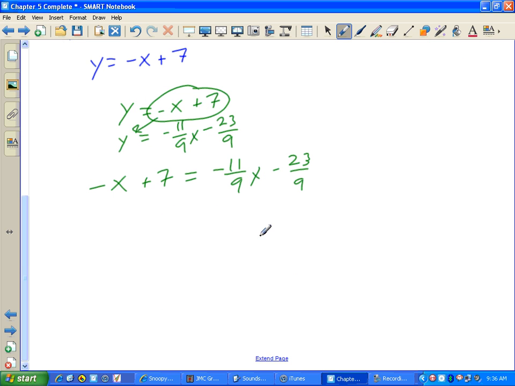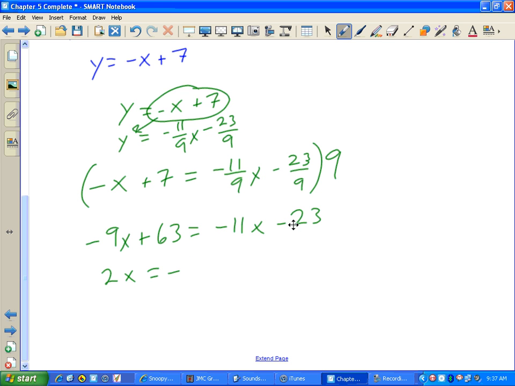Okay, now right here, I know you guys don't like fractions, so to get rid of these fractions we're just going to multiply both sides of this by 9, because that'll get rid of my denominator. So I'm going to have negative 9x plus 63 equals negative 11x minus 23. And now I don't have fractions, it's easier to solve the equation. So I'm going to add the 11 over, which will give me 2x. I'm going to subtract the 63, which will give me negative